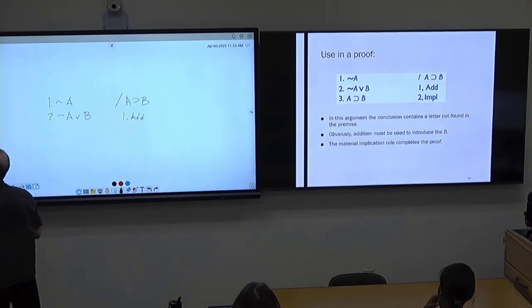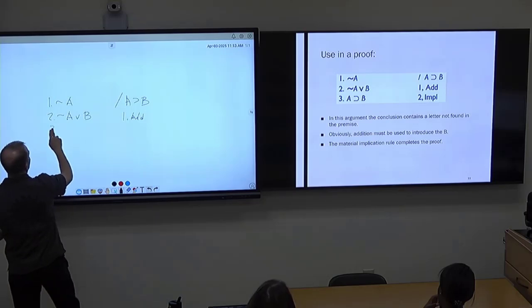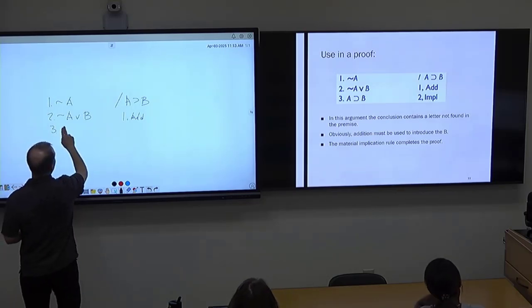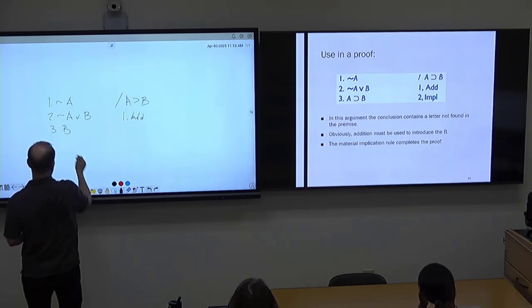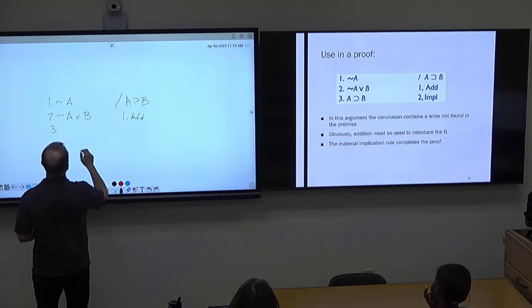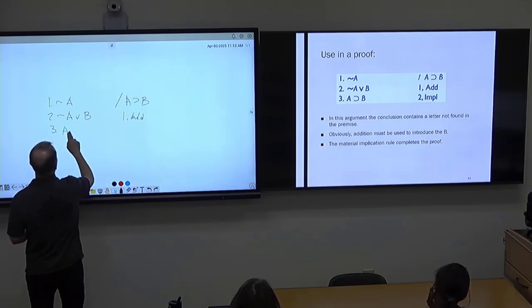But now we can do the implication here from 2 and get if A, then